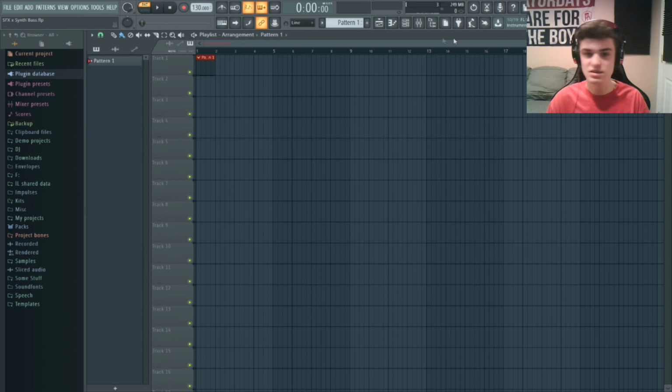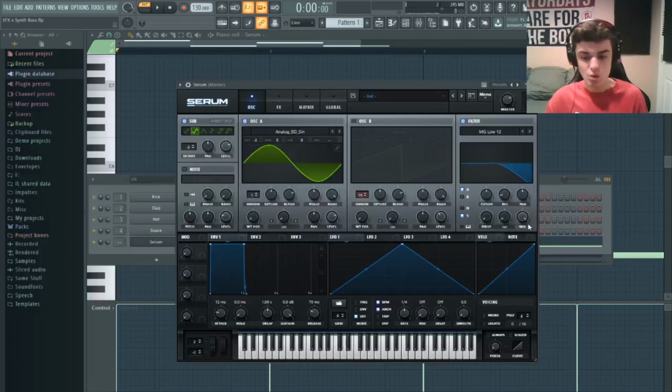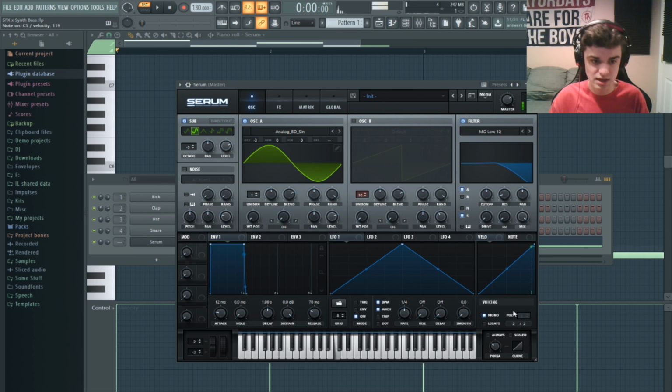So let's just play in a simple kind of synth bass melody here and see how it sounds. One more thing that I forgot to mention is down here in the voicing tab. For synth basses, you're not going to want more than one note playing, so you can turn it on mono. That way, if you try to play multiple notes, it'll just play one. And you can also mess with the portamento down here, which allows you to slide it. This is the slide time in between, so if I hold down on like C and I'm sliding to a higher octave,